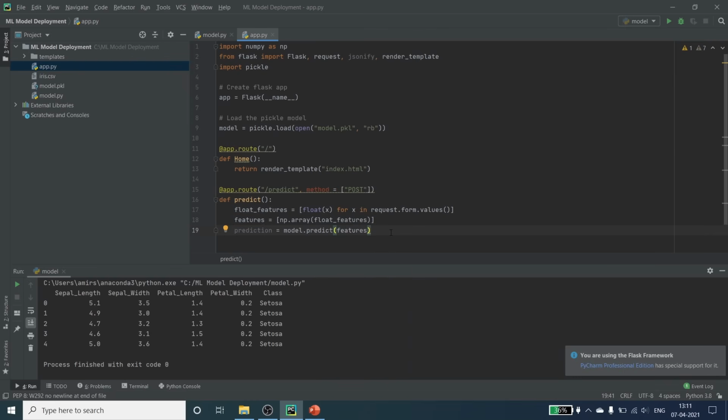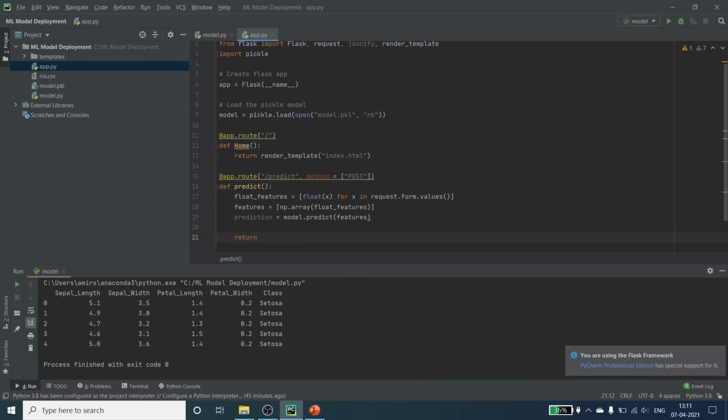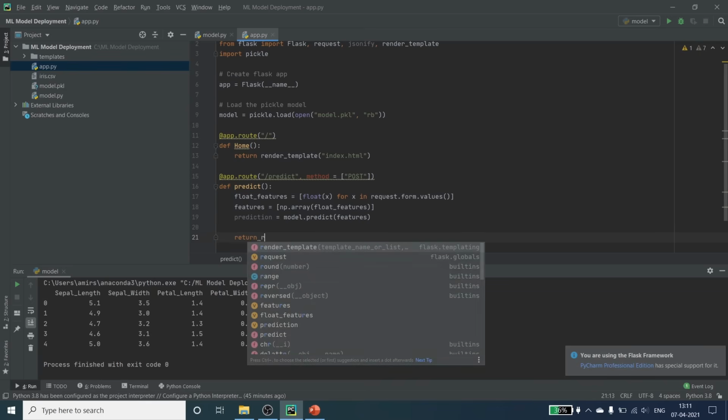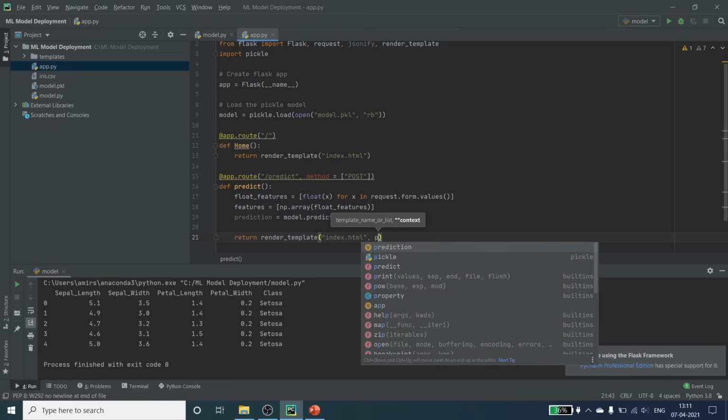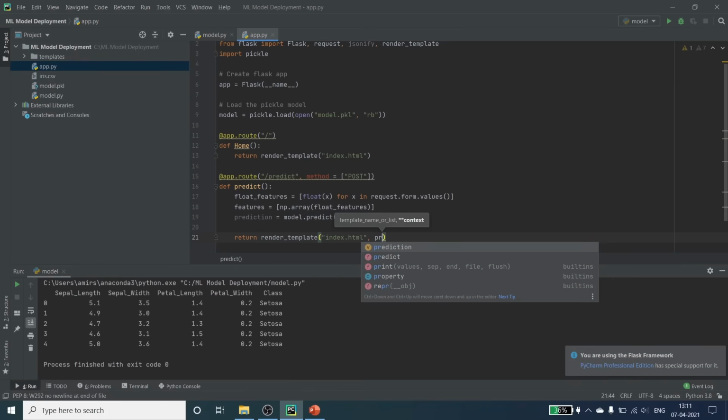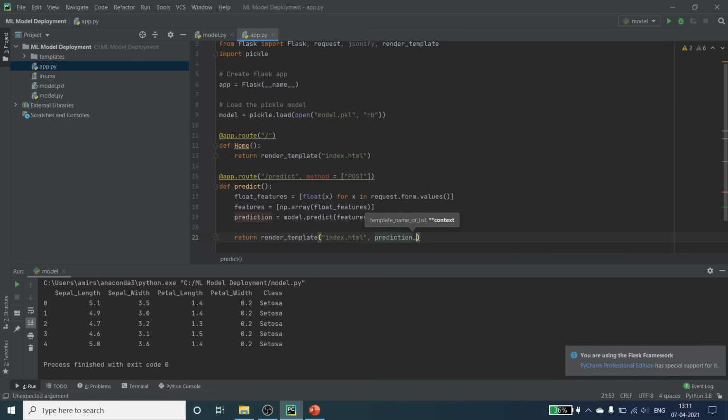Now once the prediction is done, we will use the return method, and return will call render_template, this class, and this will take us to the index.html page, and there we will show our values. So we will use prediction_text. This is a parameter, and here we can type anything. For example, because this model is related to iris flower, I will write the flower species